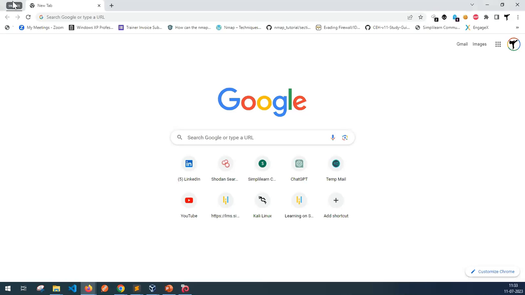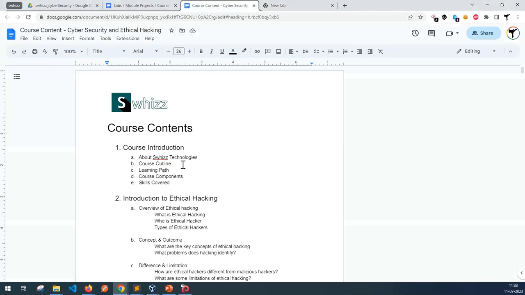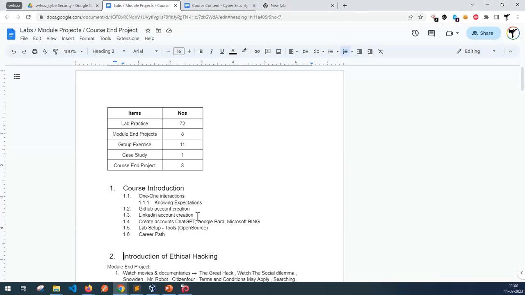So yesterday we discussed a couple of things: creation of a GitHub account, creation of a LinkedIn account, and then once we create a LinkedIn account, how do we make sure we incline all our feeds or all our job related aspects into cybersecurity. We also saw how to create ChatGPT and how to use Google Bard,